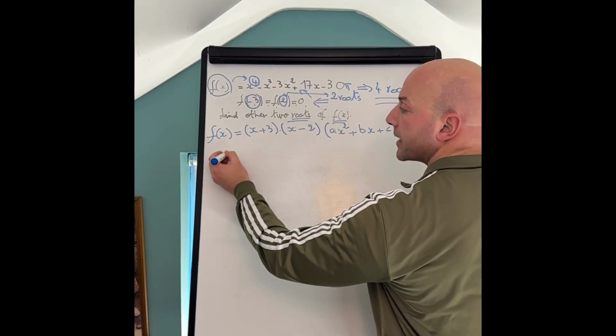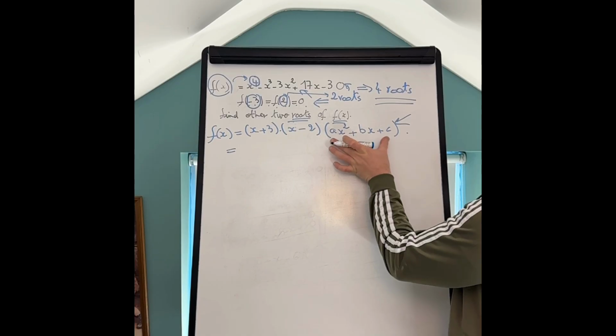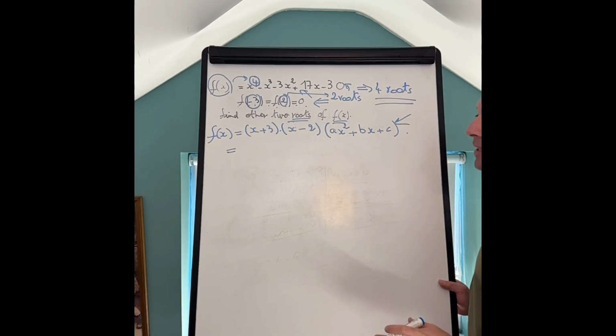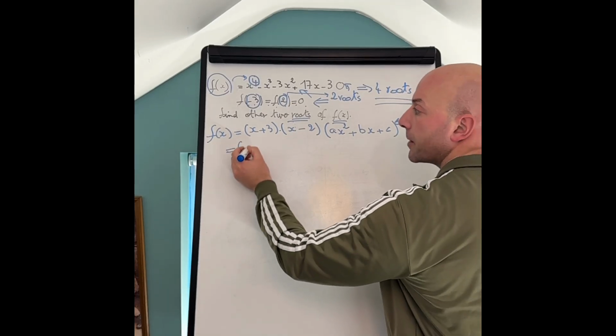Then how can we write it? What we have to do here is keep this function as it is, because we don't know a, b, c. We don't mess with this function. All we have to do is simplify this part right here. It's going to be basically